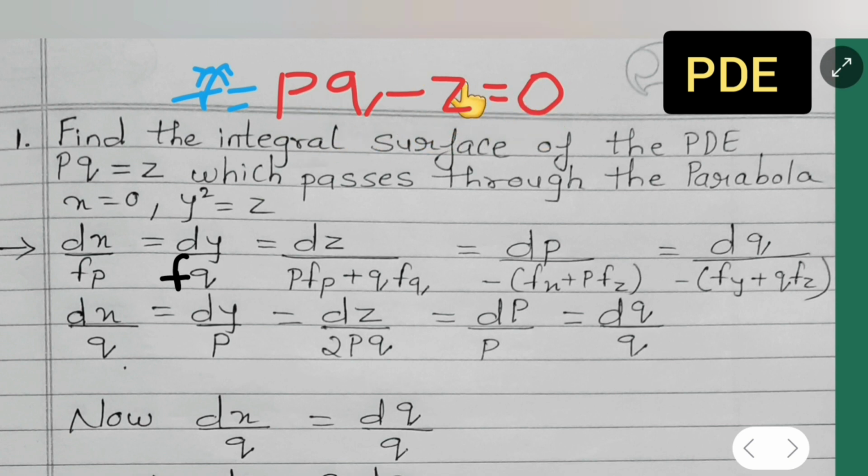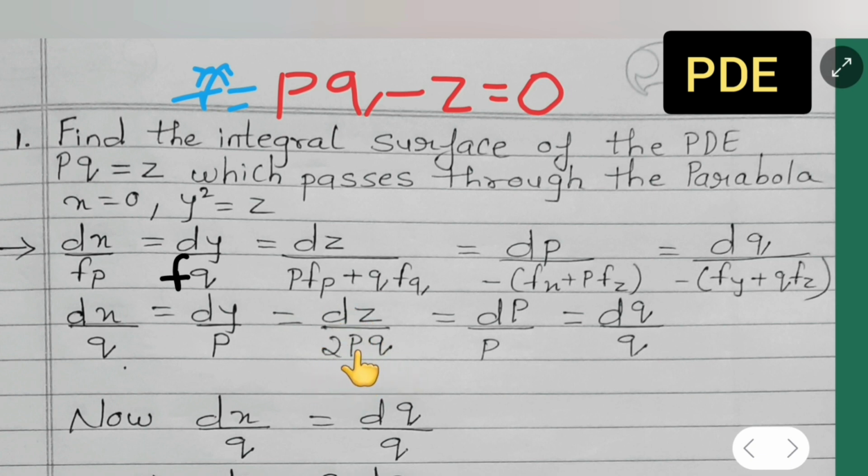Differentiate this F function with respect to p, I am going to get q. So plug it over here. Dx upon Fp is nothing but differentiate with respect to p, you will get q, is equal to dy upon Fq. Differentiate with respect to q, so you will get nothing but p. Plug the value over here, is equal to dz upon